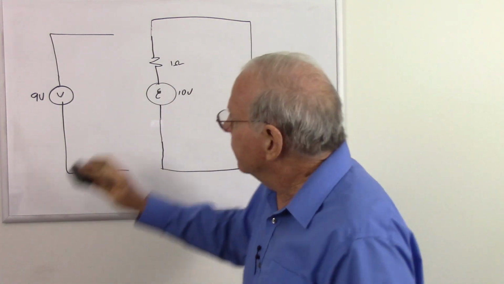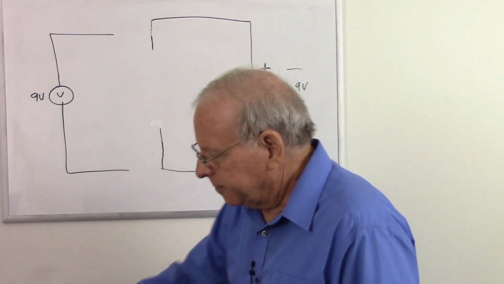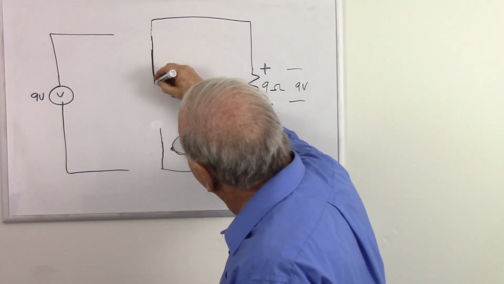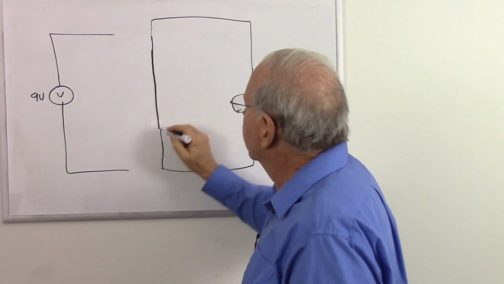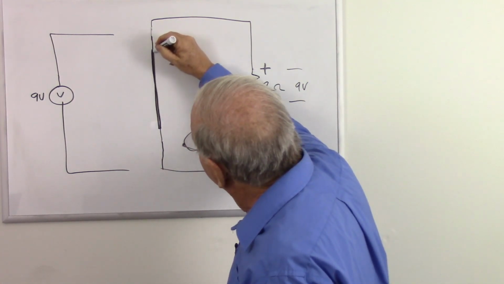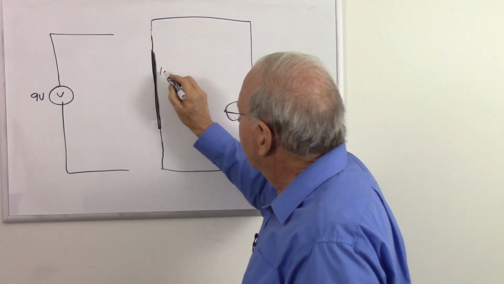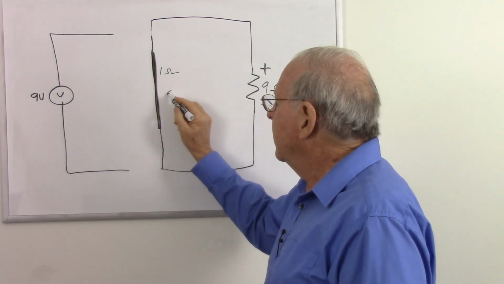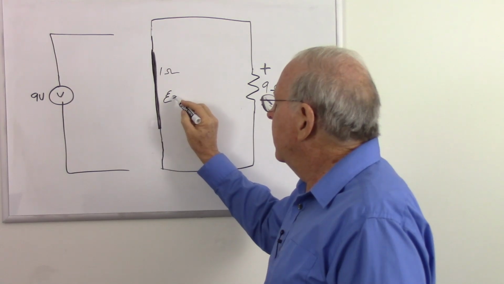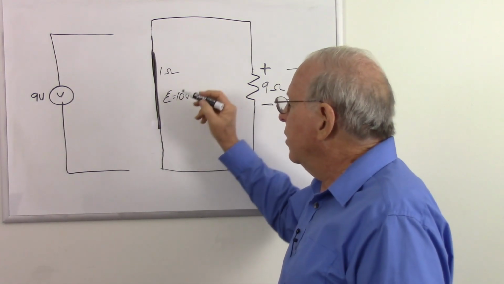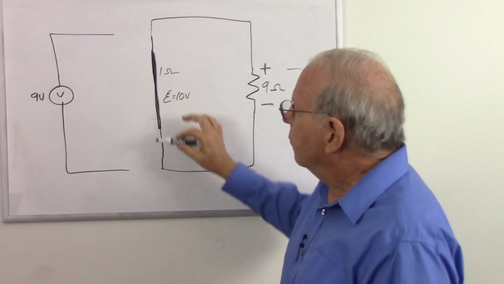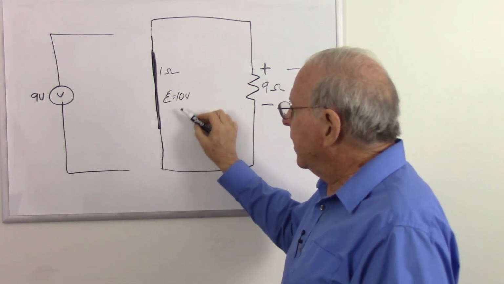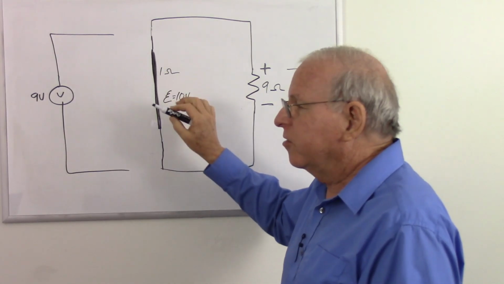So we did have a wire. I'll try to draw it as a nice thick line there. I'll double that just so we can see what we're doing here. That had 1 ohm of resistance. That's over the total wire. It had 10 volts of electromotive force, and that was all through the wire. But when we combine them, we find that we can put that electromotive force in series with the resistance,